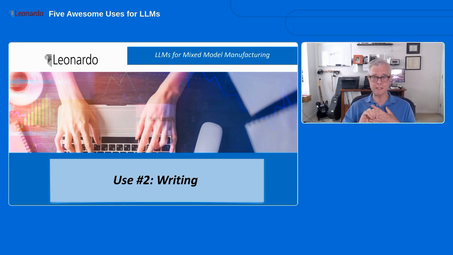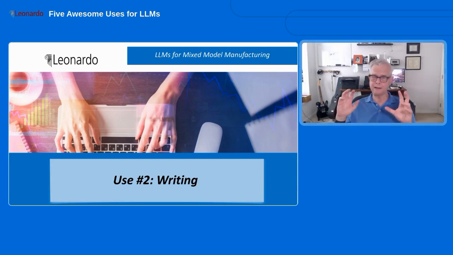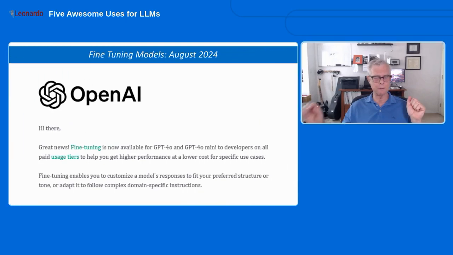We also write assessments. Companies ask us to come in and take a look at what they're doing and provide some feedback. And so LLMs can be very useful in terms of improving that deliverable and also speeding it up, getting it done faster. So let's take a look at some writing tools. Now, here is a big one, and this is completely new, hot off the press.